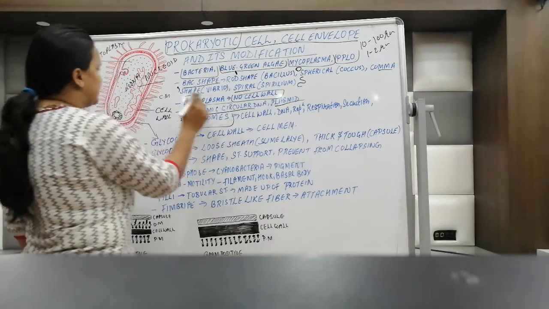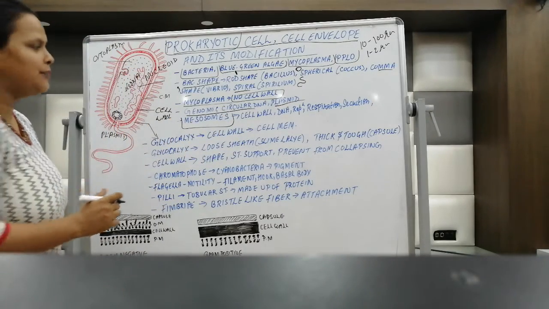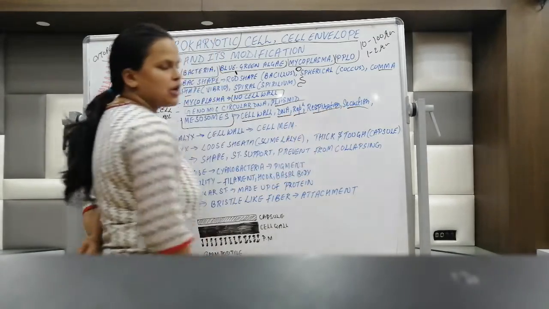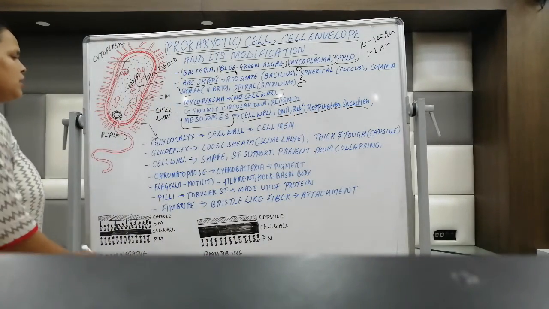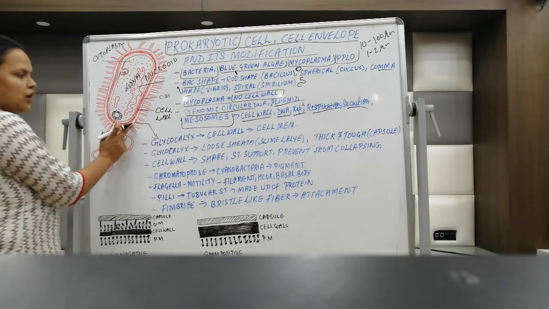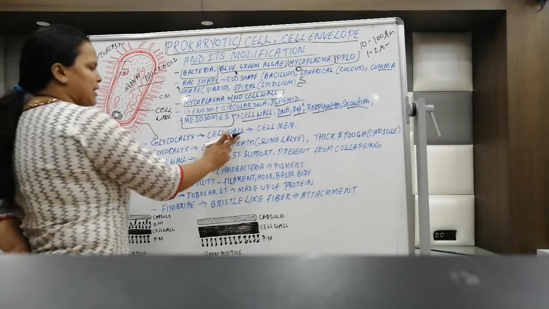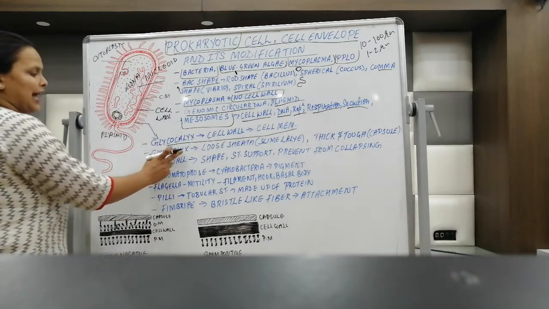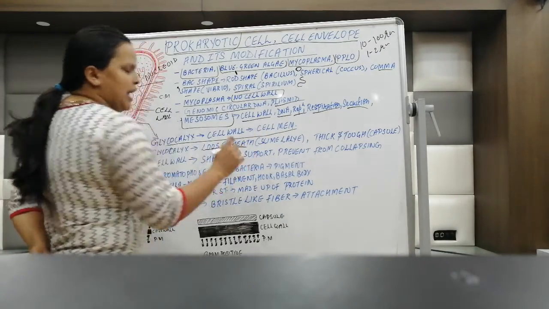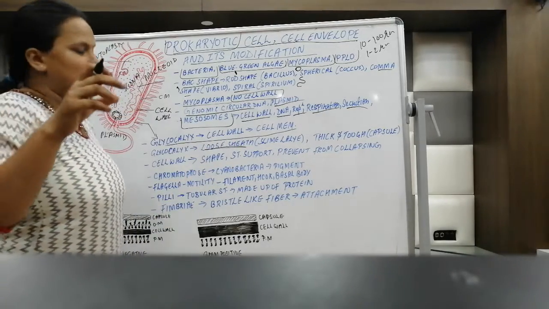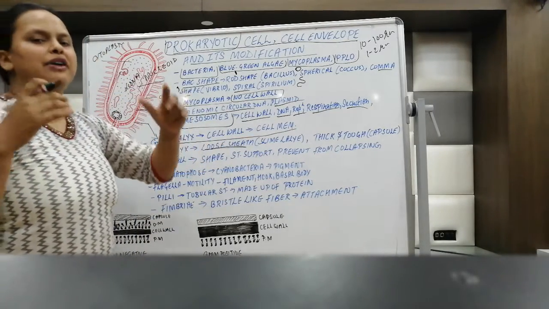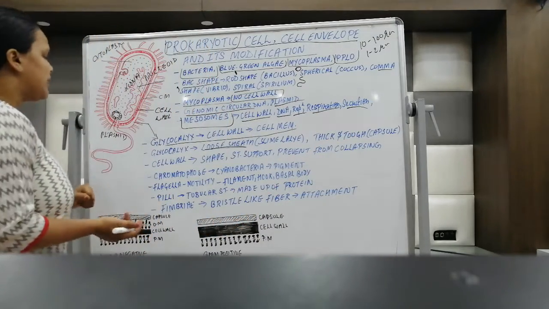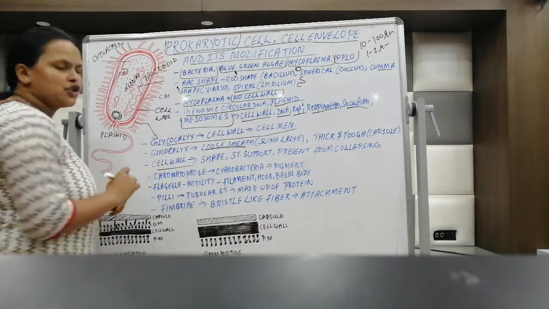Then mesosomes. This is the extension of the cell membrane, and it helps in cell wall formation, DNA replication, respiration and secretion. Now the glycocalyx, which is the outer layer of the cell wall: here we have three layers, right? Glycocalyx, cell wall and cell membrane. Glycocalyx can be a loose sheet. If it is loose and thin, then it forms the slime layer. If it is thick and tough, then it forms capsules. Next is the cell wall. What is the function of the cell wall?